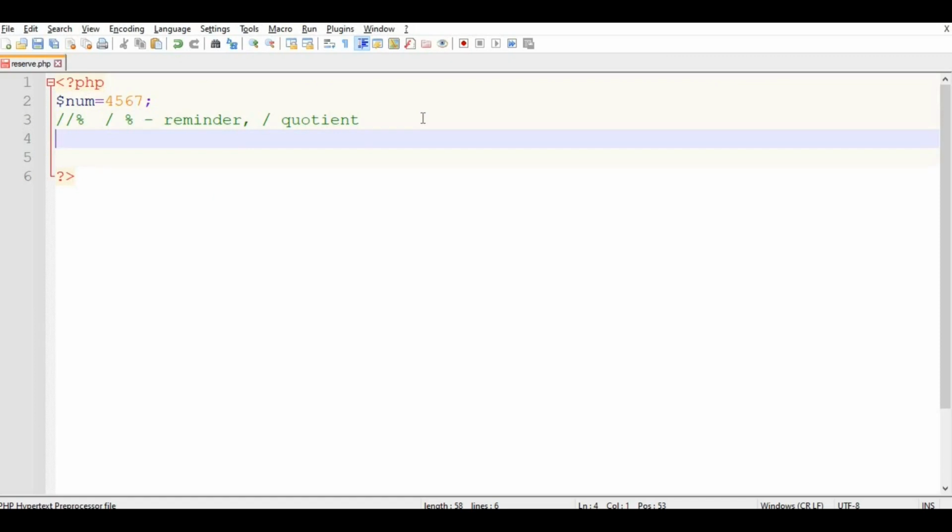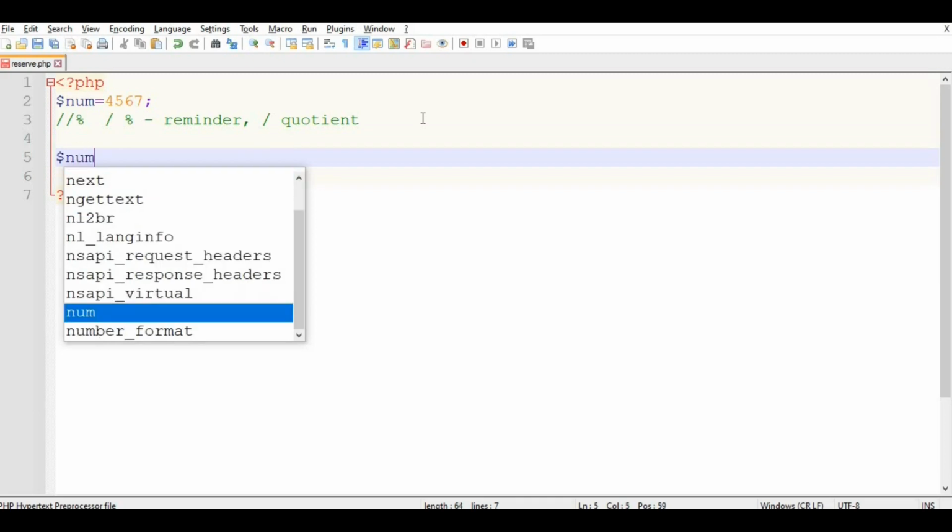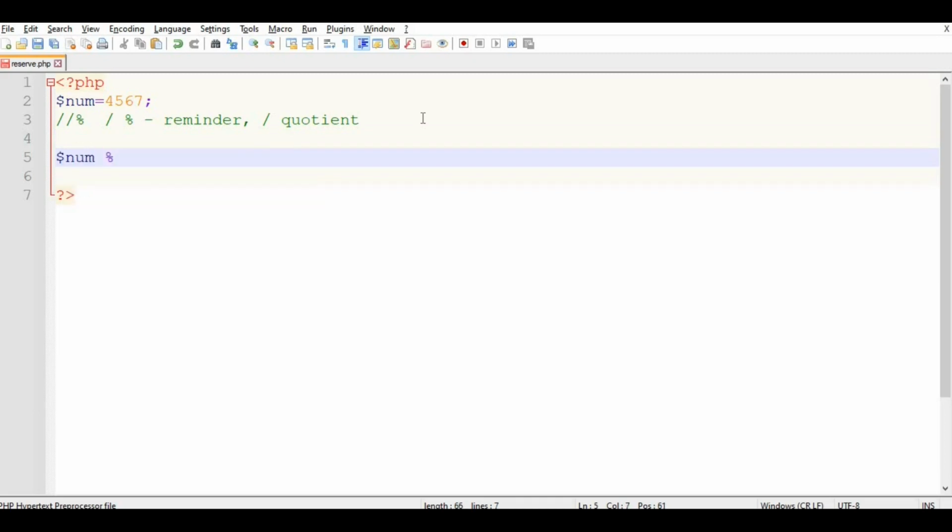Let's start the logic. We are considering the $num variable. First we divide it, that is, mod 10.